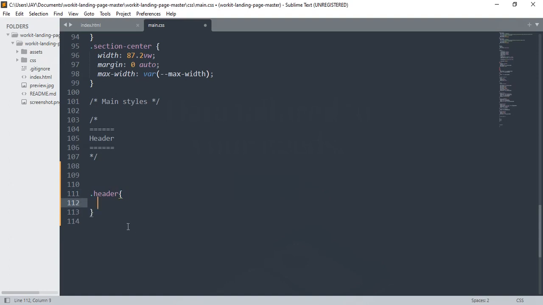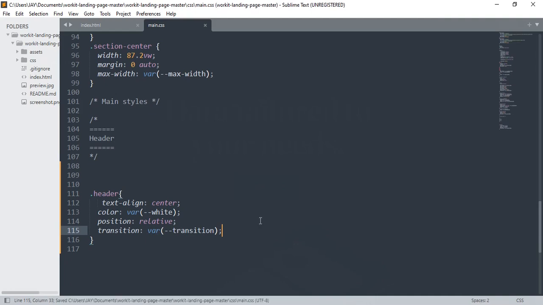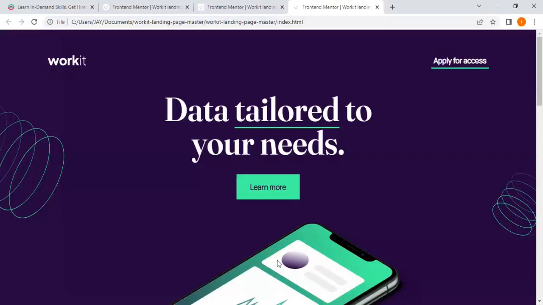For the header, let's have text align center, color variable white, position relative and transition. Let's use a variable of transition, and if we do this and we reload